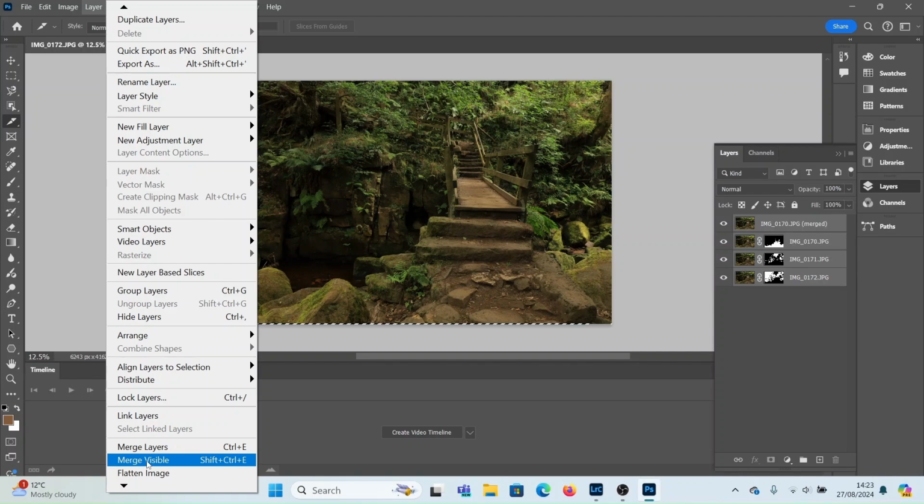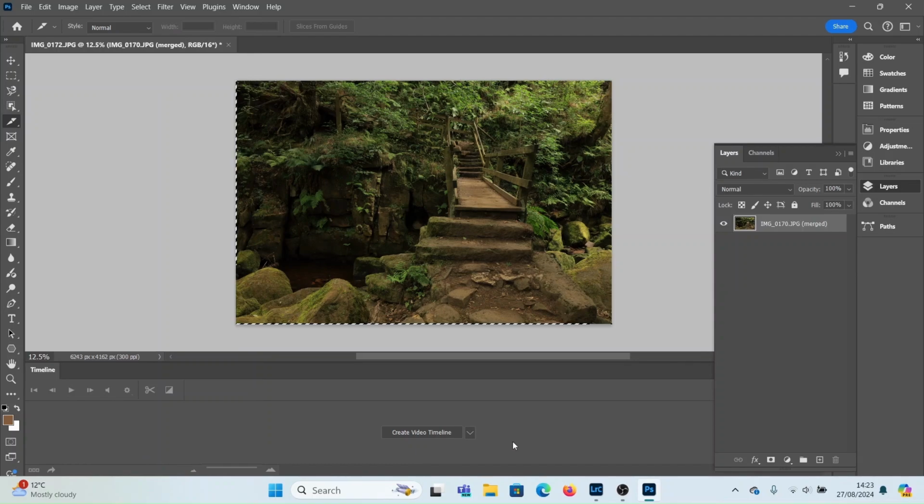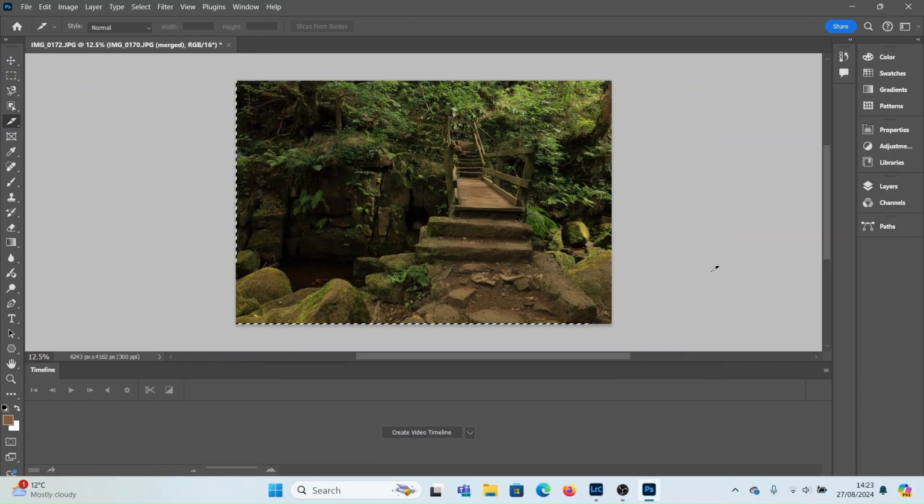I could say flatten image if I wanted to. It does precisely the same thing, to be quite honest, but in this case I'm just going to say merge layers, and then I'll close my layers panel. You will notice at this point that there's a little bit of what we call zebras here at the edges of the image. Now I mentioned earlier about aligning the image, and sometimes the files themselves might be slightly misaligned